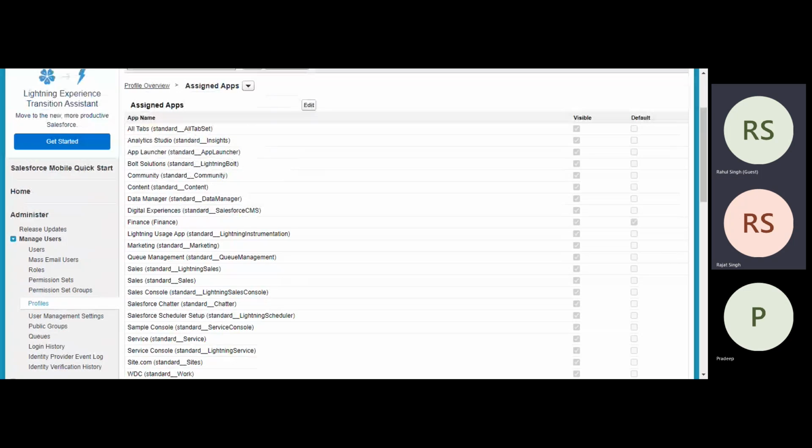Are you scrolling? Because I cannot see, I'm at the top, at the last bit. What is happening? Screen is